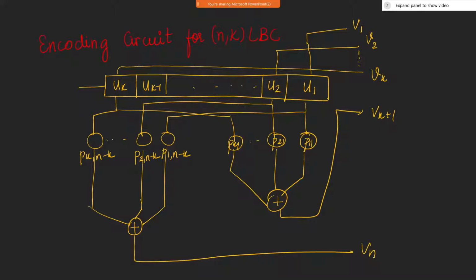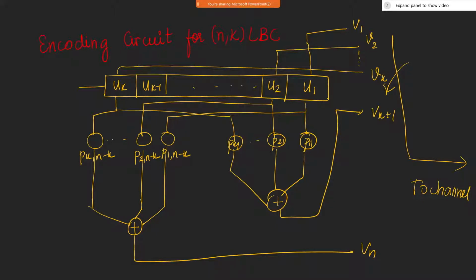Out of these n bits, it will be connected to the channel by making use of a commutator. So what is that commutator? You are going to switch from v1 to vn based on which bit is entering the channel. So this commutator arrangement will help us in transmitting one bit each from the code word vector. This is the encoding circuit that we had discussed in our previous class.